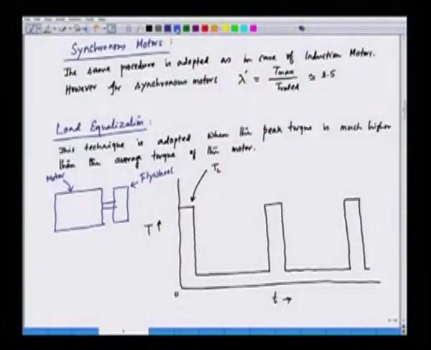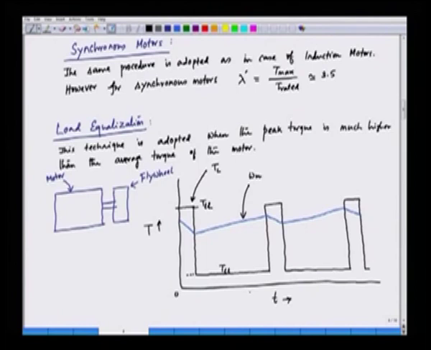So, here we can also plot in this case the speed will fall down here, and it will slowly increase in the low torque region, again it will fall down, and this is also a periodic variation like this. So, this one is the speed. Now, what we have here, this is called the load high, TLH, the high load, and this one is called TLL,